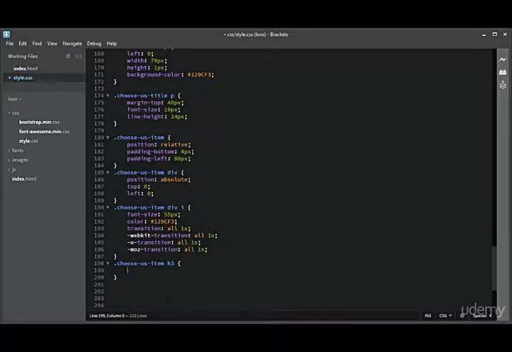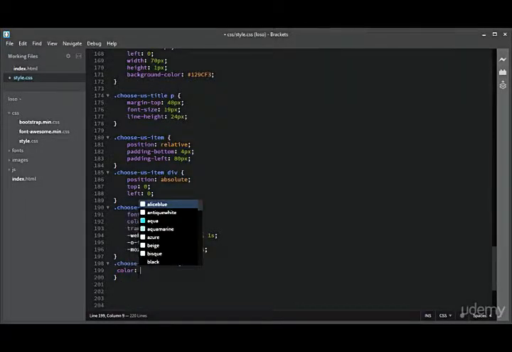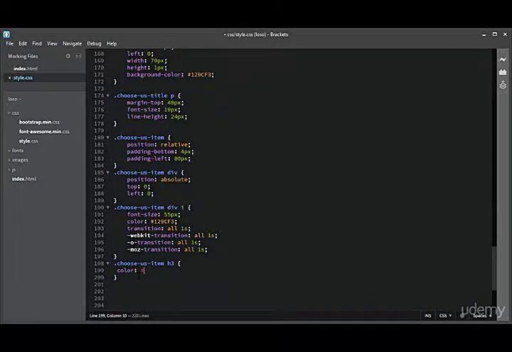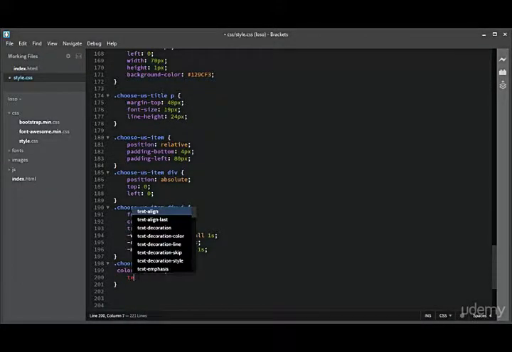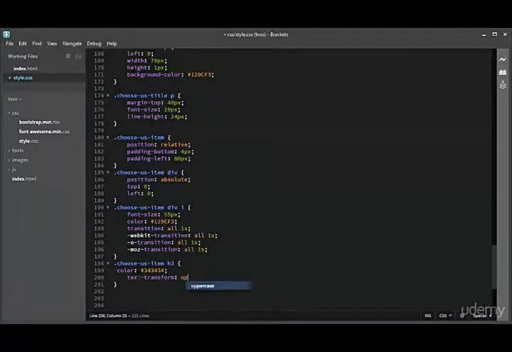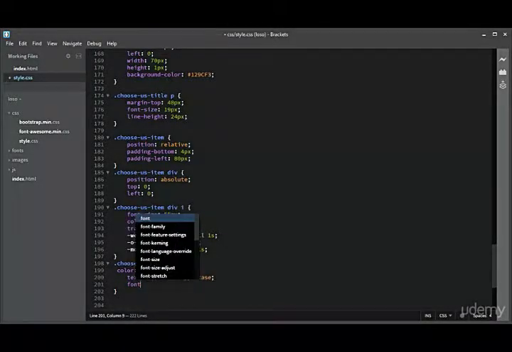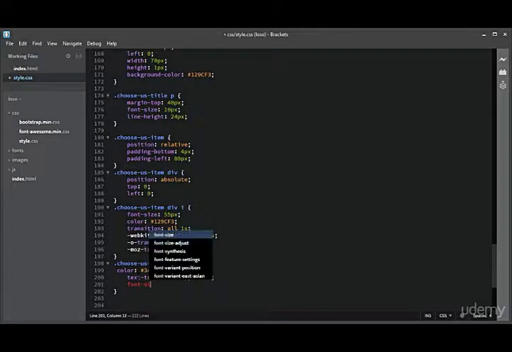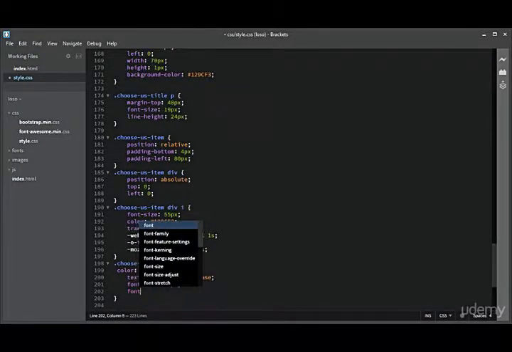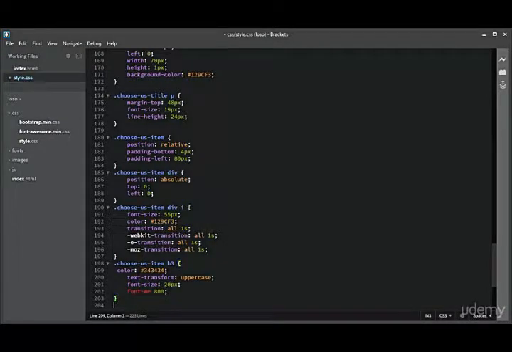Yes, it is H3. Let us add CSS to this heading. The color should be 343434 and the text transform should be uppercase and the font size for this should be 20 pixel with font weight of 800,